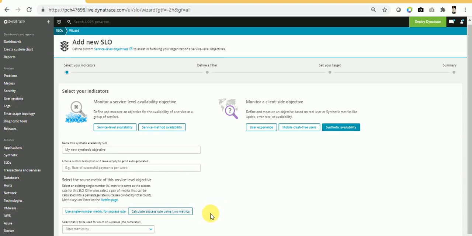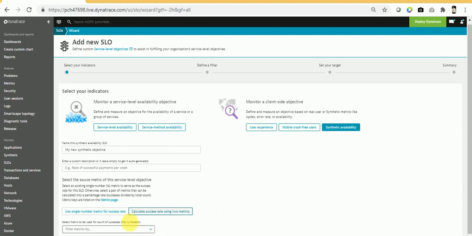Let's take an example: if you have a synthetic monitor configured in Dynatrace, and you have chosen a frequency of 5 minutes to check your application, you don't need to check the total number of executions manually. Dynatrace itself will calculate the SLO. It depends upon the total failed executions and the total number of executions. So you can create the SLO.